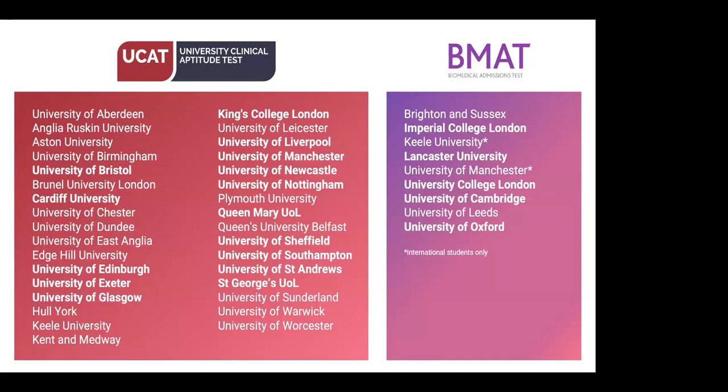So the sections you have is verbal reasoning, where they give you a massive piece of text and then they ask you questions based on it. Some of you, if you've done the 11 plus or the 12 plus, might have done verbal reasoning before. It's just a little bit harder than when you did it back then. And then